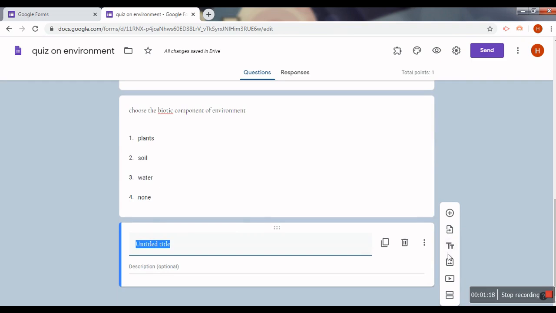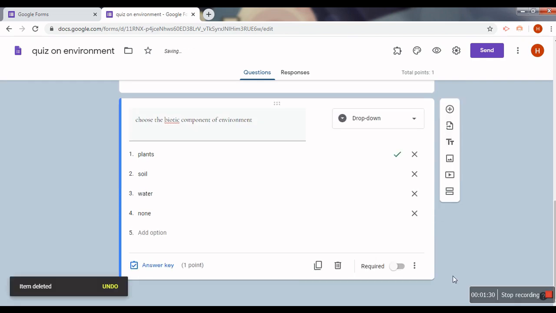So between the questions, if you want to divide your Google form into 2 parts, or within the same part you want to make subsections, then we can use this option, right? Then the third is add image. Now if you want to add an image to your Google form, then we can use this.